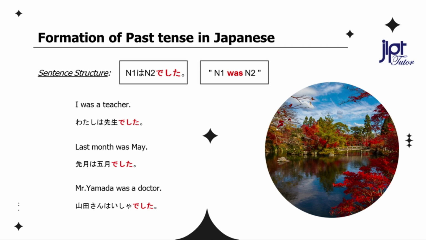Last month was May. 先月は5月でした。 Mr. Yamada was a doctor. 山田さんは医者でした。